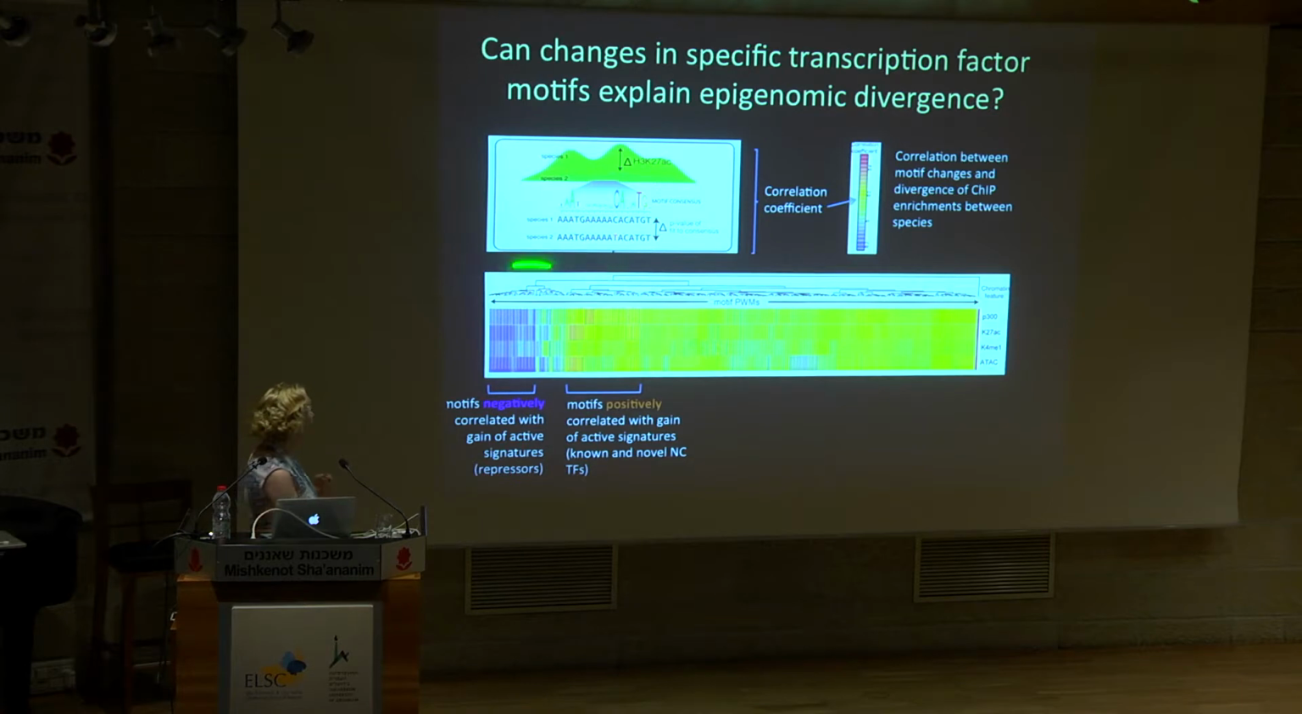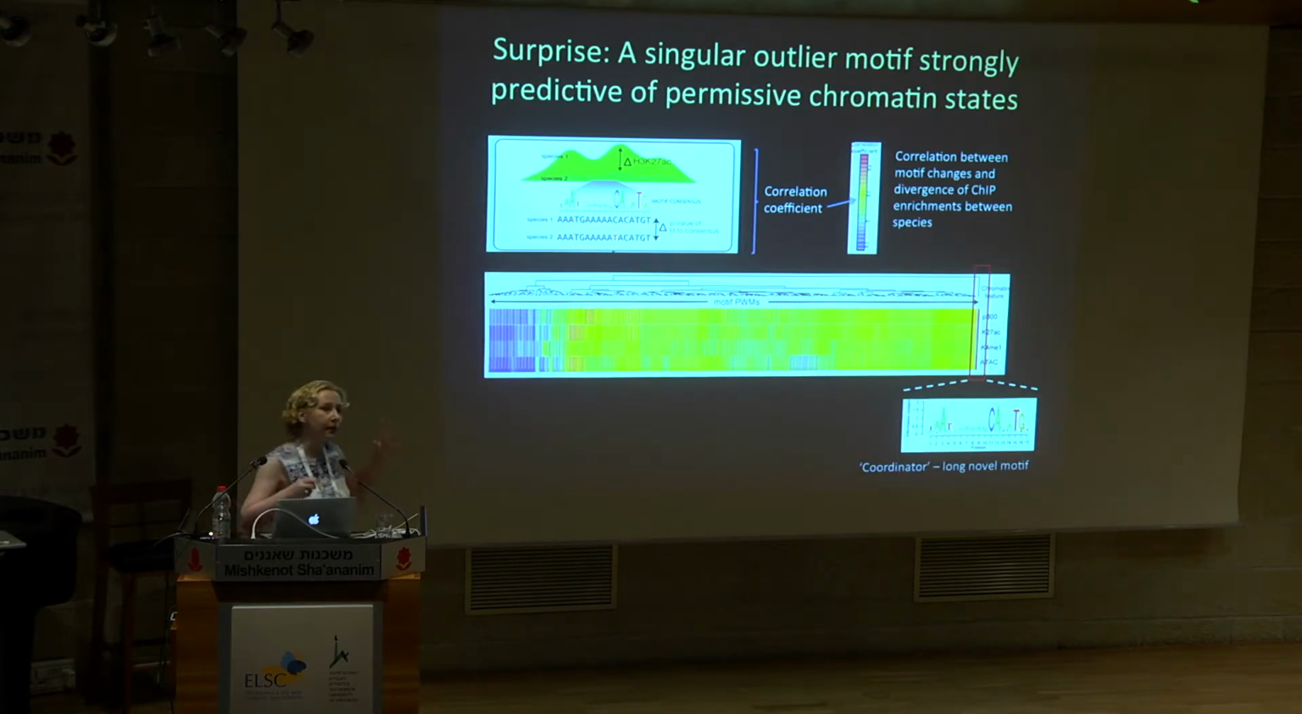And interestingly, some of these motifs, at least the ones that we can unequivocally identify, are associated with known sequence-dependent repressors. So this suggests that the enhancer activity can be modulated in the course of evolution by plugging in and out regulatory motifs for repressors. But by far the biggest surprise we got from this approach was that there was a